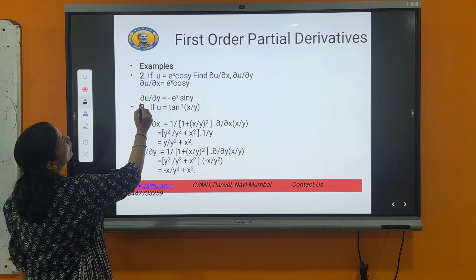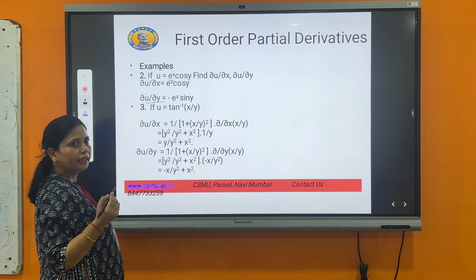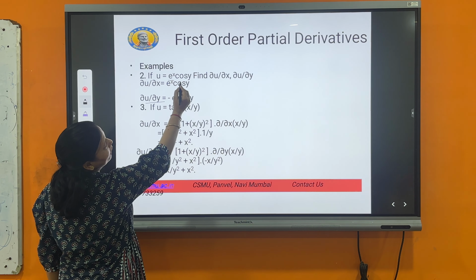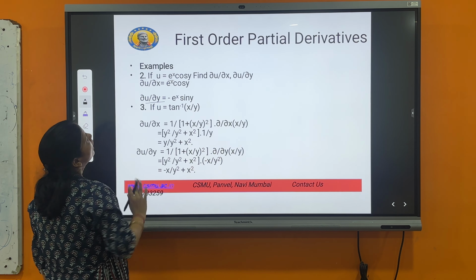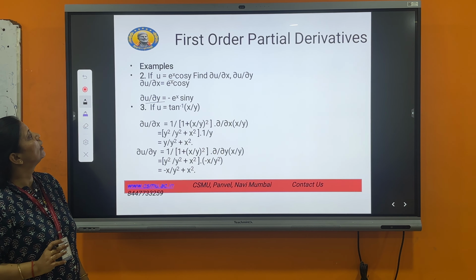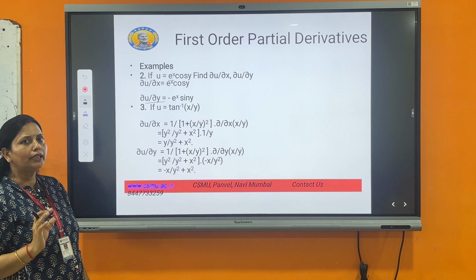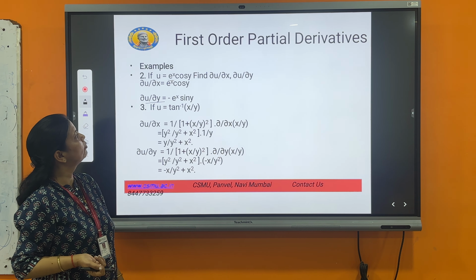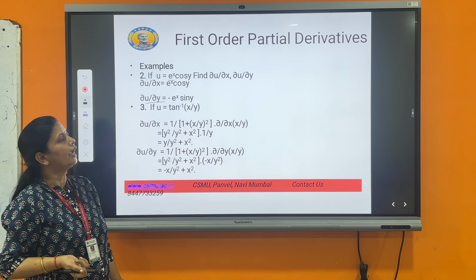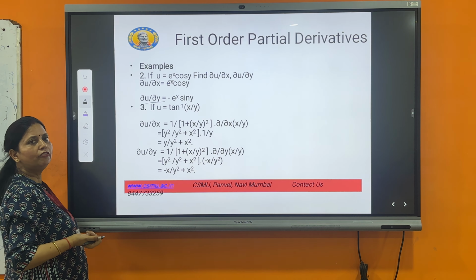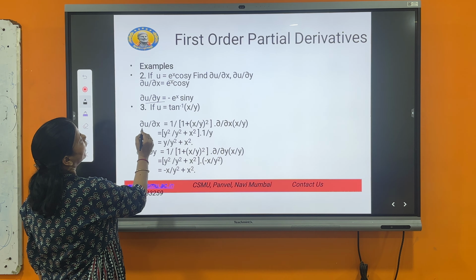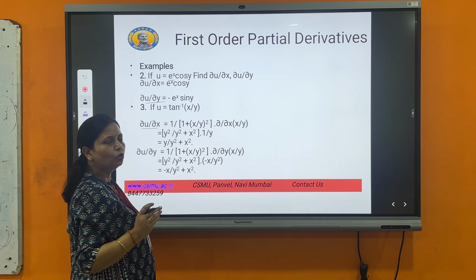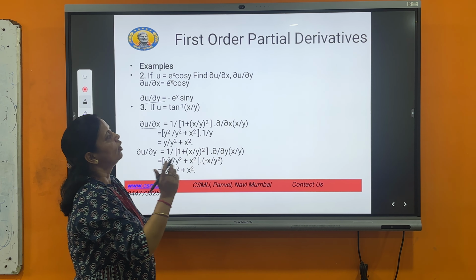Next, to find del z by del y, we keep the function of x as a constant, and the derivative of cos y is minus sin y, so del z by del y equal to minus e raised to x sin y. Next, one more example. If we are given u equal to tan inverse of x by y, then to differentiate u with respect to x, we keep y as a constant, and we use the derivative formula, ordinary differential